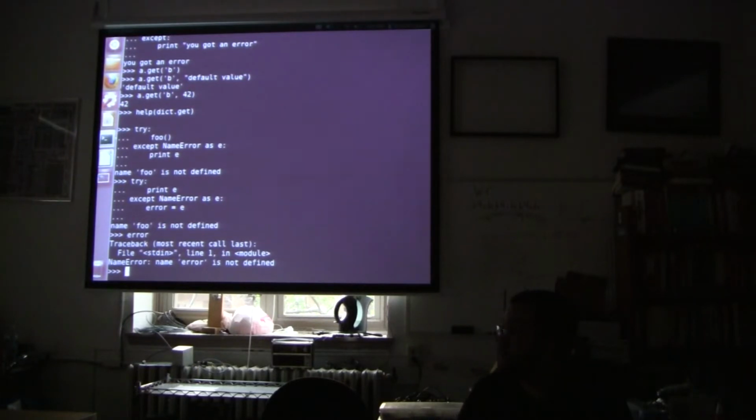Does that make sense? In theory, do you guys see why exceptions are a good idea? Why you want to be aware of what's going on? Does that make sense? What's up? How do you know when to use them? How do you know what things are likely to error so that you can figure out how to handle them? That's a great question.